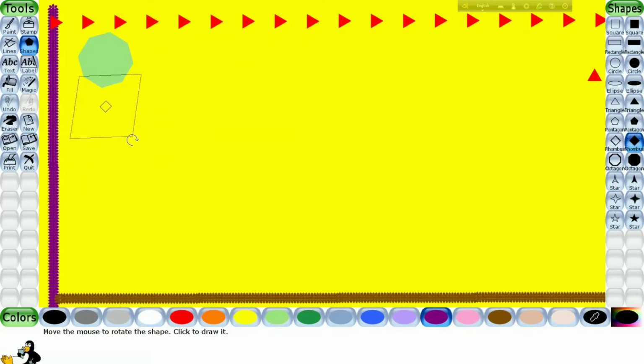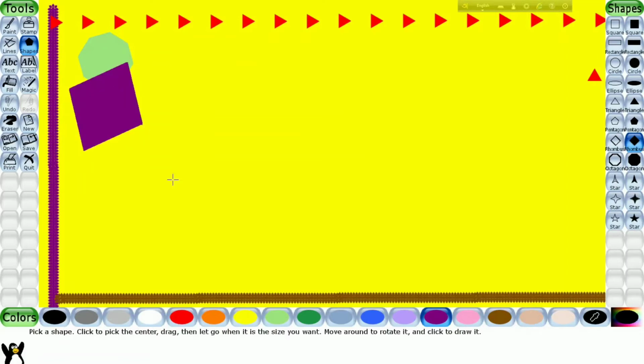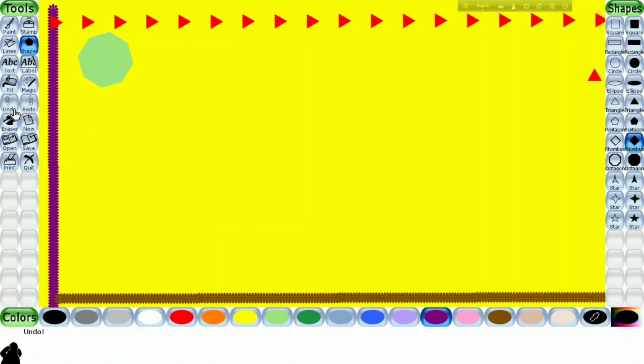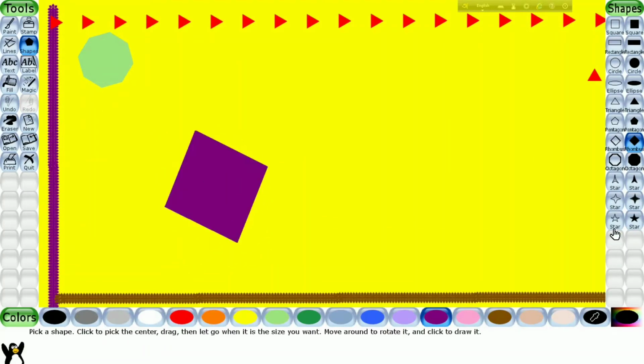Now I will show you one more option, that is undo option. What is undo? If you have done anything wrong, you can erase it by pressing undo, and redo to make it back, undo to just go back. Now I will draw the rhombus downside. I can rotate it in any direction. Then I will draw